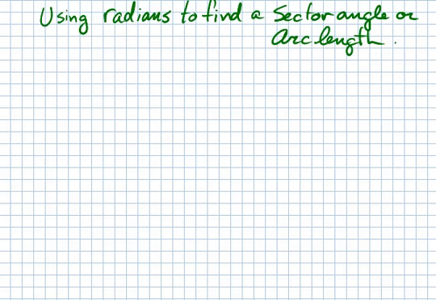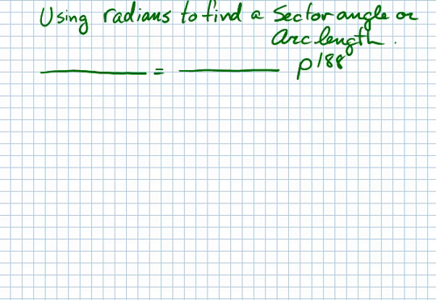Hello again. Now we're going to use radians to find a sector angle or arc length, and you'll see this described on page 188 in your textbook. So there's a relationship that exists, a proportion, that we can use to find any missing